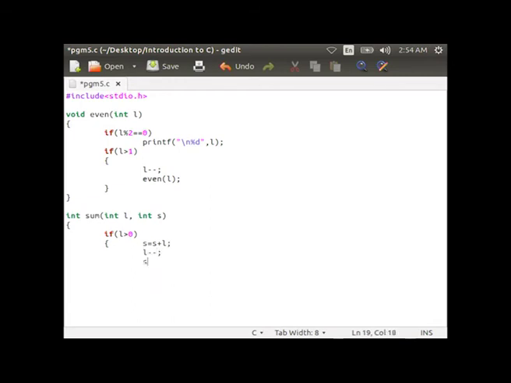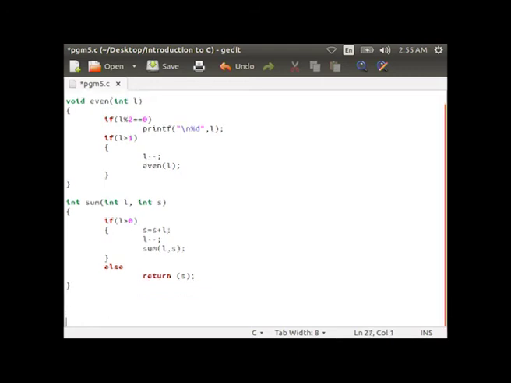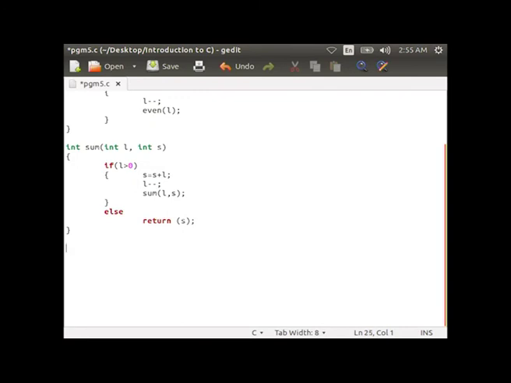Here again you are calling the function sum inside this function itself, that is sum(i, s), then close the curly brace, else return s, then close the curly brace.